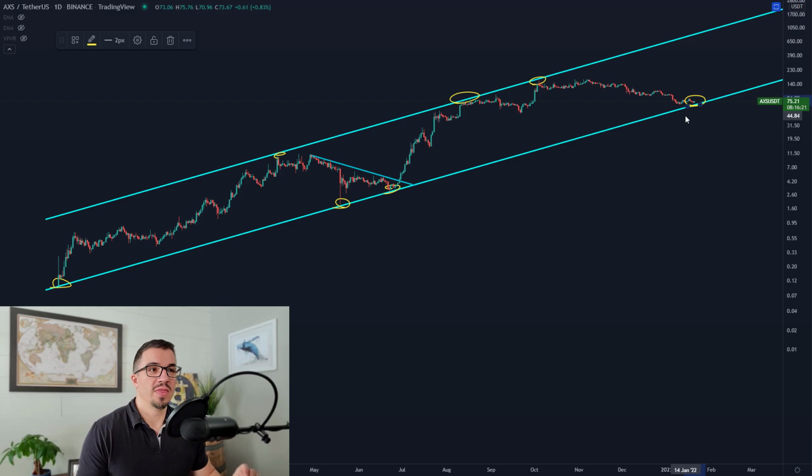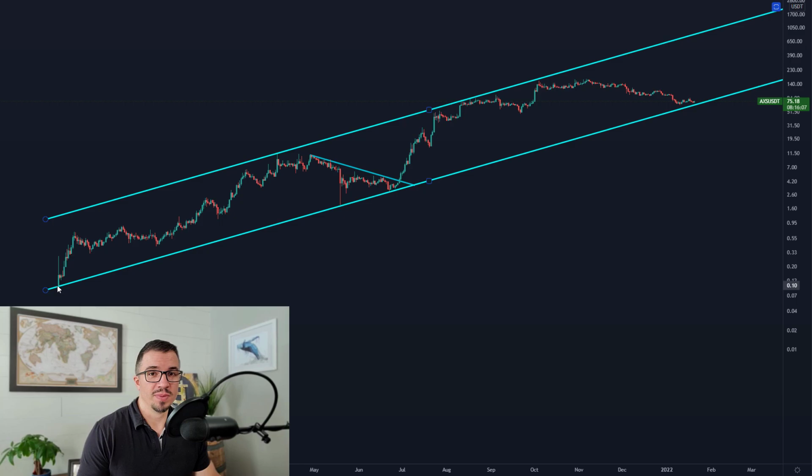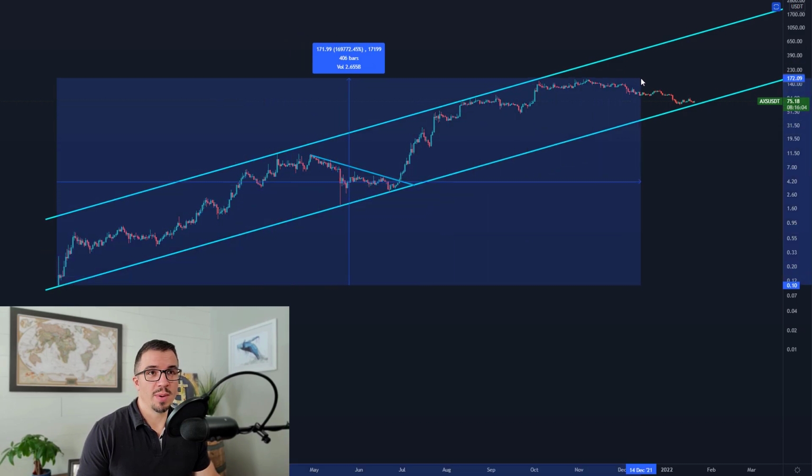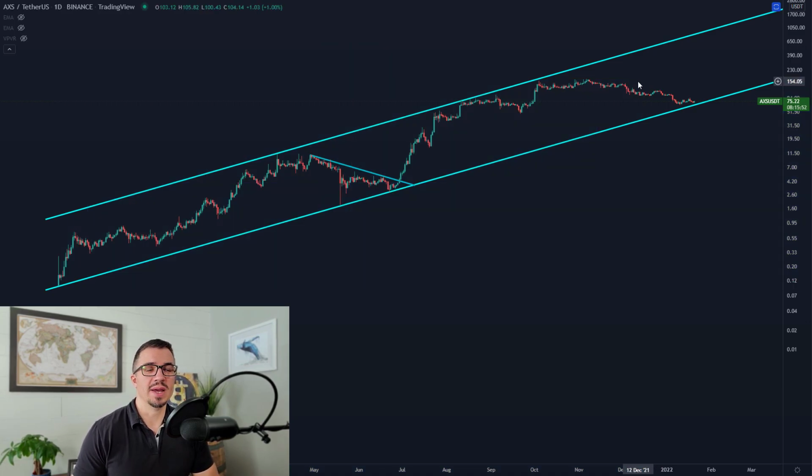Now, the thing to keep in mind with a chart like this, and I want to start here because it helps to keep people a little bit grounded, add some reality to a chart like this. From the inception, Axie Infinity has had an incredible run. It's ran up approximately 160,000% from its start to the all-time high. So you have to keep that in mind when looking at a chart like this, because even though the market is entering support, it is not just going to do this forever.